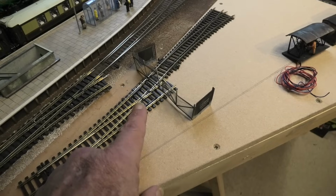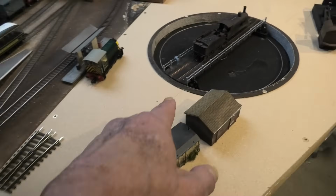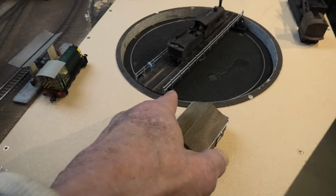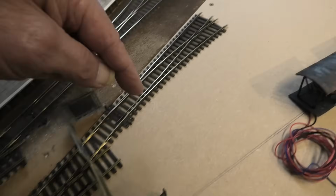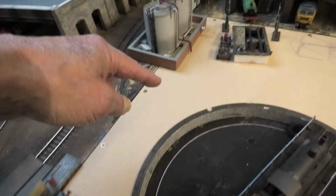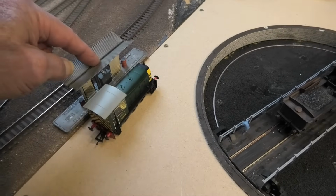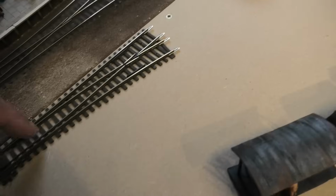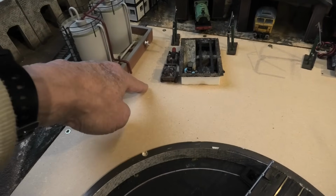And I've got a point here because what I want to do is, the main feed will go to this turntable. This part going along here will go straight piece of track up to here. So that will serve as a fueling point for the diesels, and then there will be a turn off here going by the side of it up to there, or about here. So there will be a track here